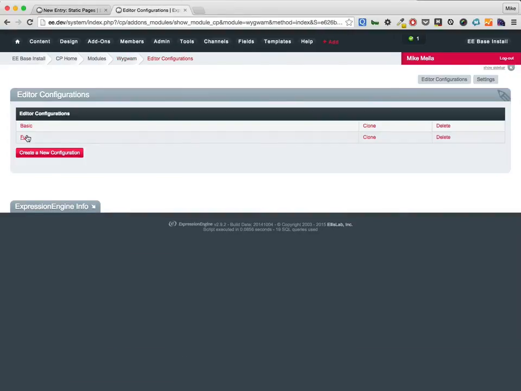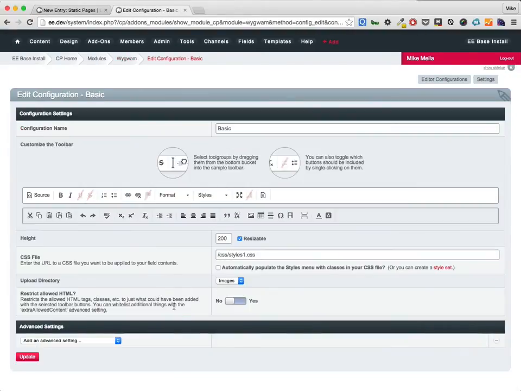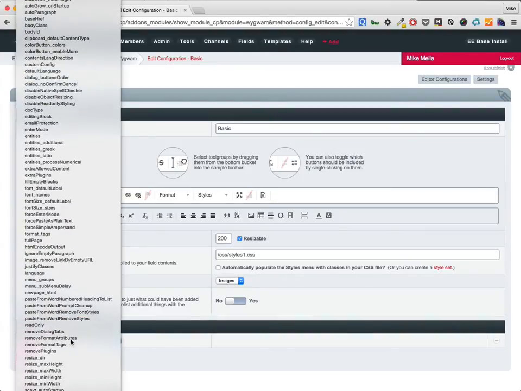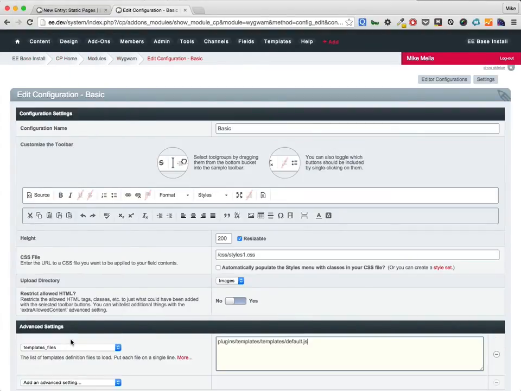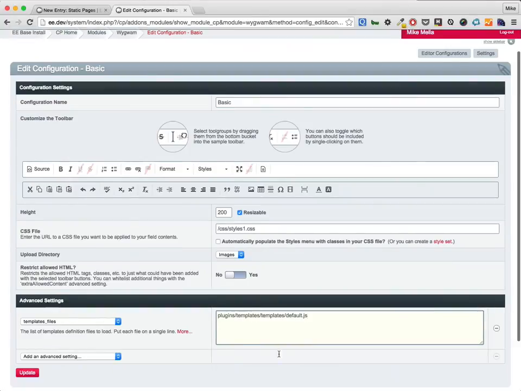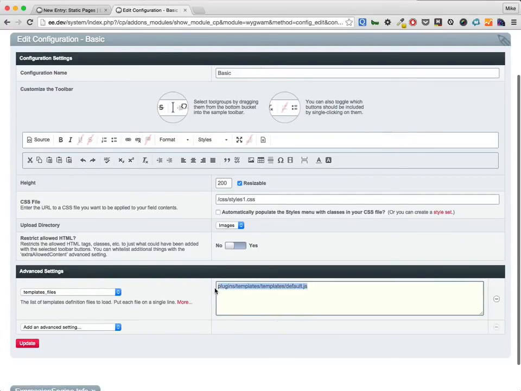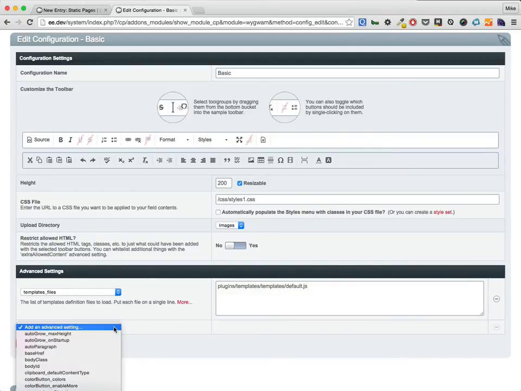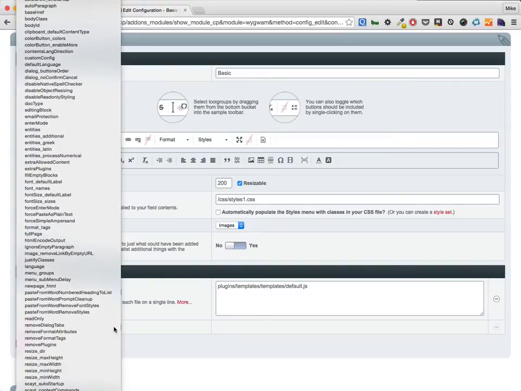So to do that, I'll go back into the basic configuration. Now you need to add an advanced setting to start. The first one is called templates_files, and that's going to show you the path to the file that's generating the templates now. So we're going to edit this file in a minute, but before we do that, there's another setting I really recommend that you add, and that is